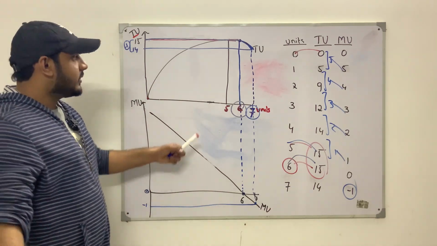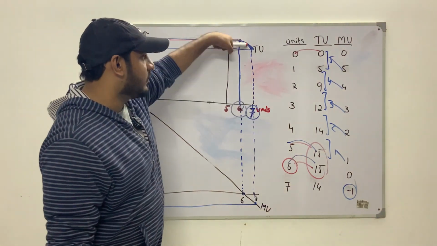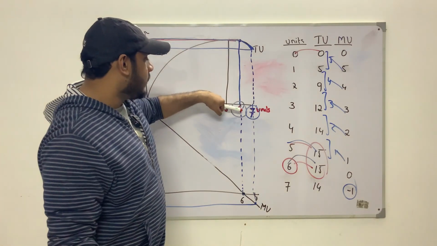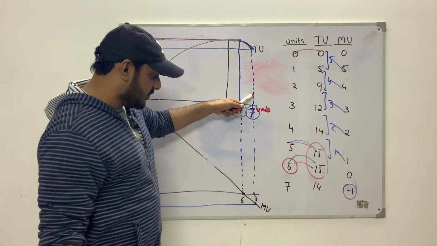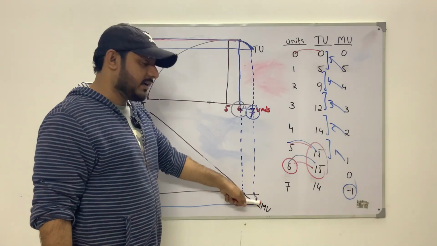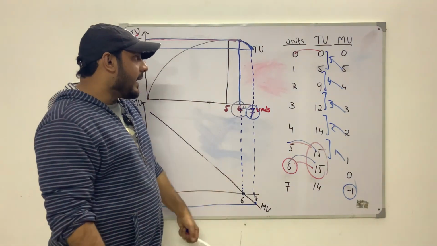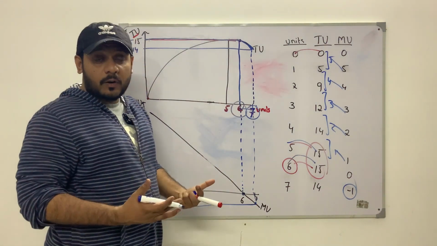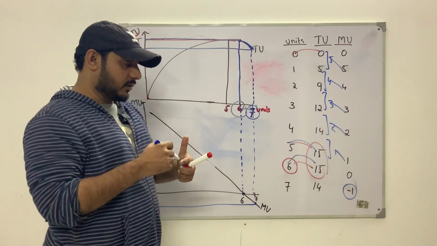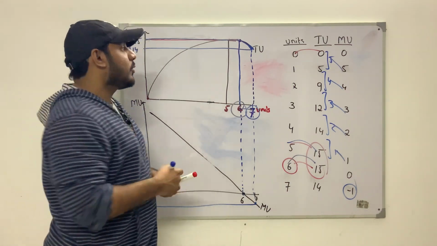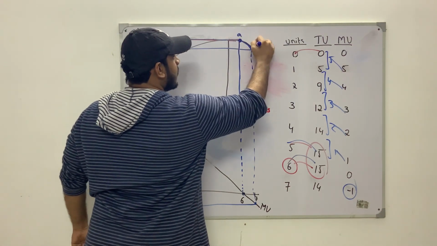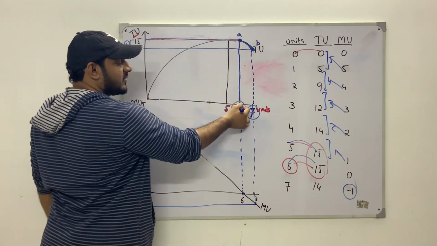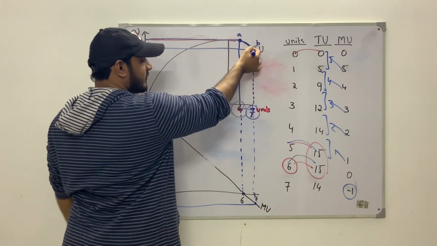So this is it. We can see that the total utility is decreasing when we increase the consumption from 6 to 7, and this corresponds with the negative marginal utility as shown in the below diagram. And like I said, the slope of the total utility is the marginal utility. If you want to calculate the slope between these 2 points, let's calculate the slope between point A and point B. Point A is the consumption of the 6th unit, point B is the consumption of the 7th unit.